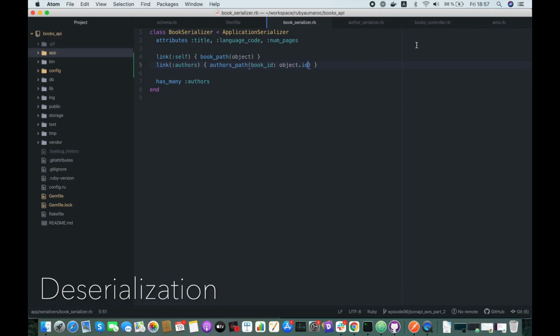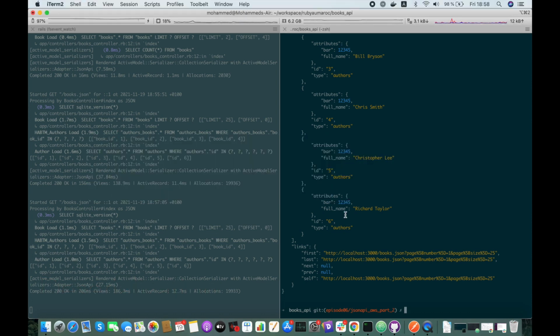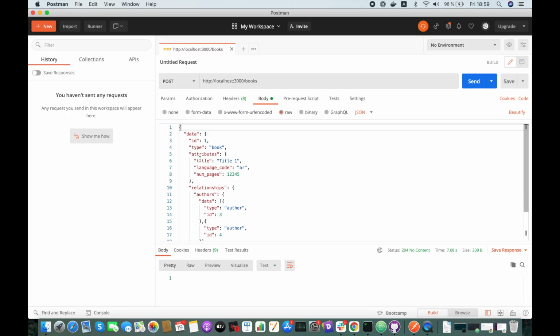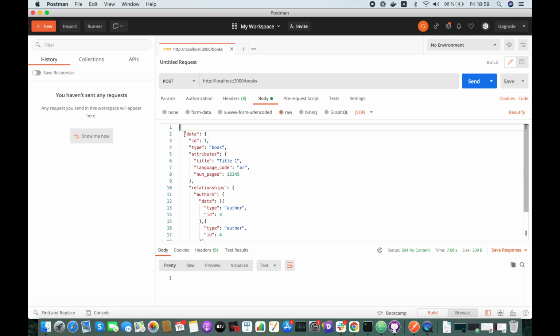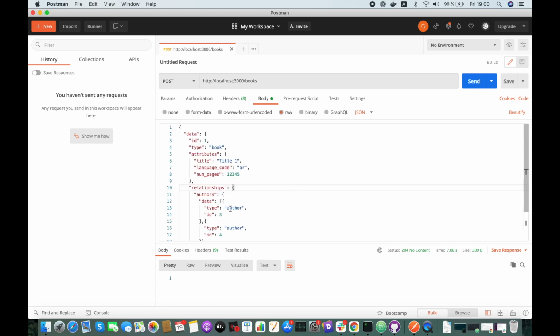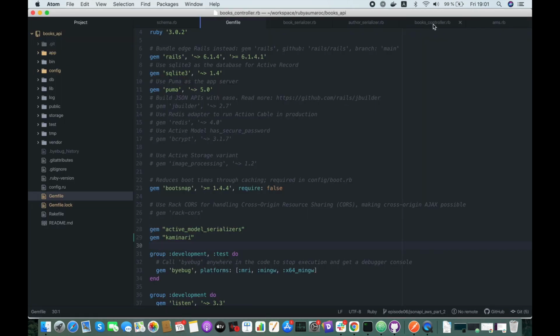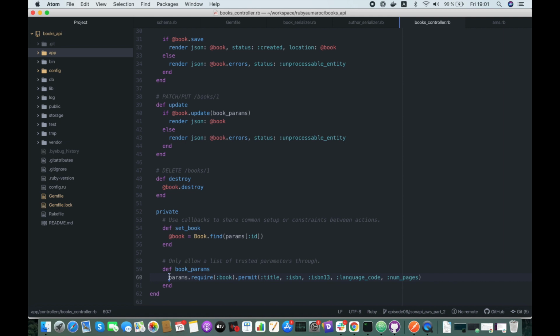And the last trick I will cover today is deserialization. When you want to do a POST or PUT request using the JSON API, you pass the data following the JSON API specification. So if you want to create a new book, you pass a data hash with ID, the type, and then the attributes, and later on the relationships. So to deserialize this data, in order to be able to use it in our books controller, we only have to do